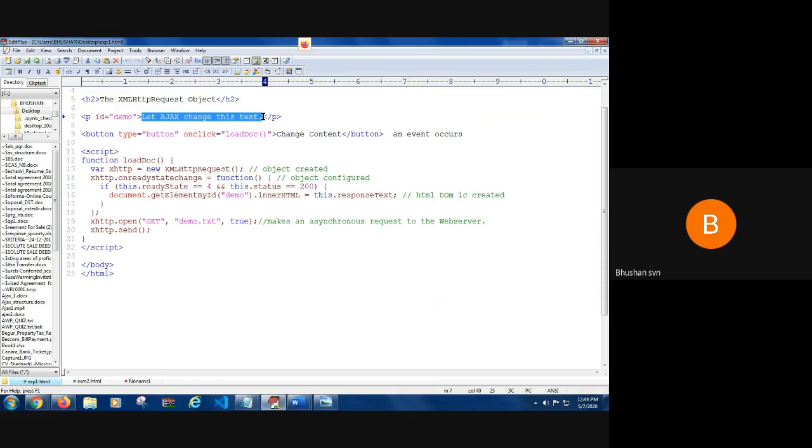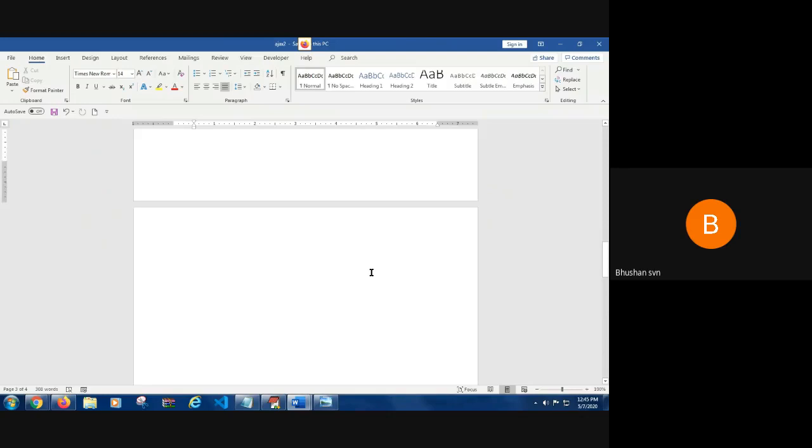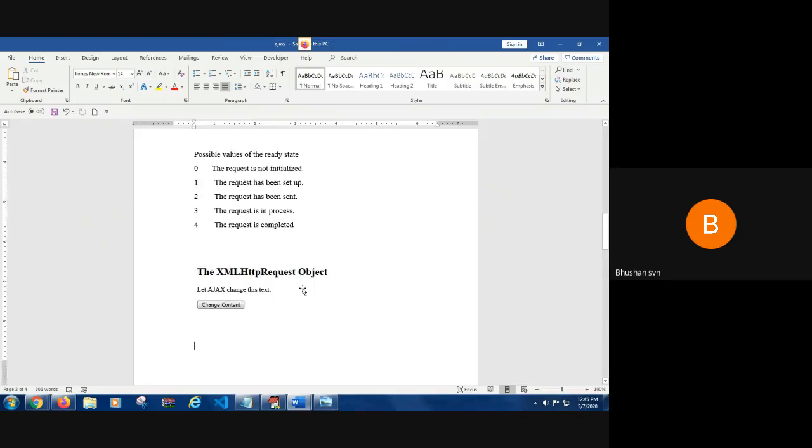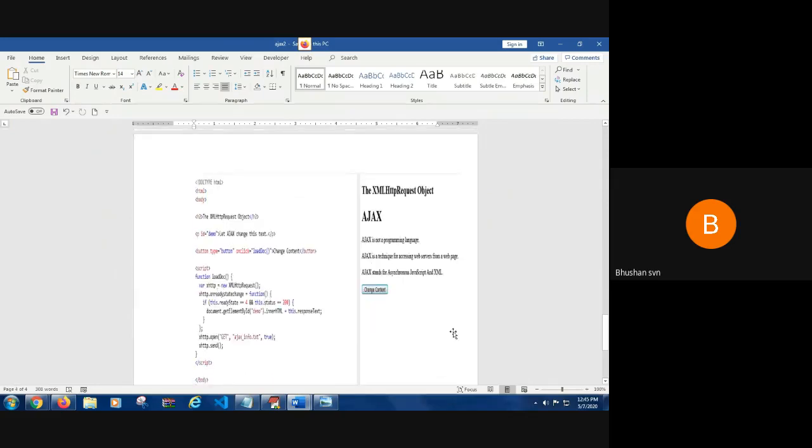I want to change only that part of the text and replace it with the value which is there in demo.txt. So demo.txt has some text, so it will get replaced, and this is the kind of output that you are seeing. Before I start my program, this is the display you see. Once I click on the change content button, this is the specific output.